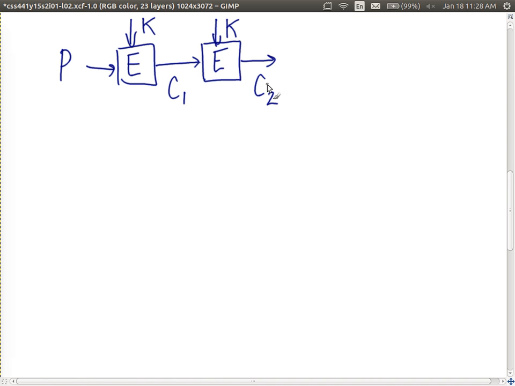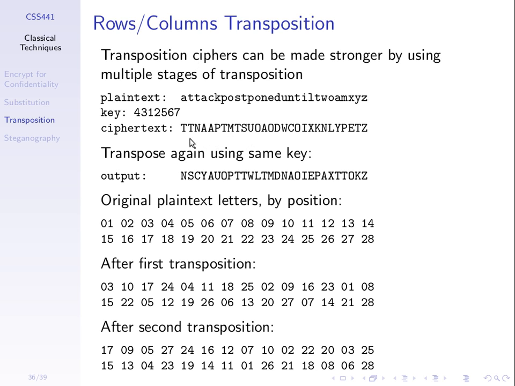So let's see on our example, this is C1, TTNAA, and C2 is this one. Which one is more random? Well, it's hard to see. So, to illustrate, instead of listing the letters, I list the positions of those letters. That is, the letter A is the first letter. The letter T is the second. T is the third in attack. A, C, K. So we have the first letter, and because I cannot fit it on one line, I wrap around to the second line, but think of it on one line.